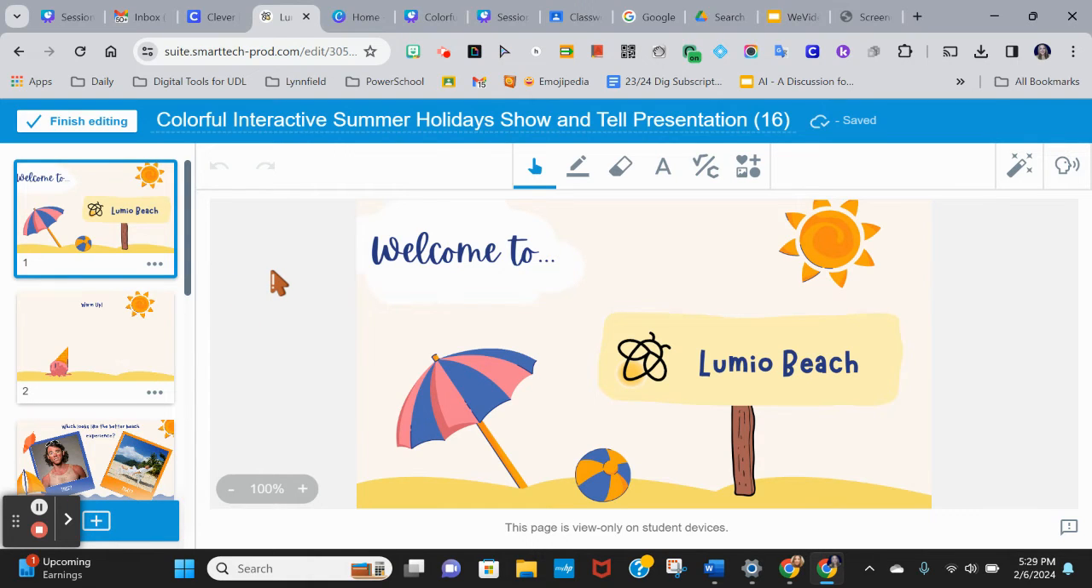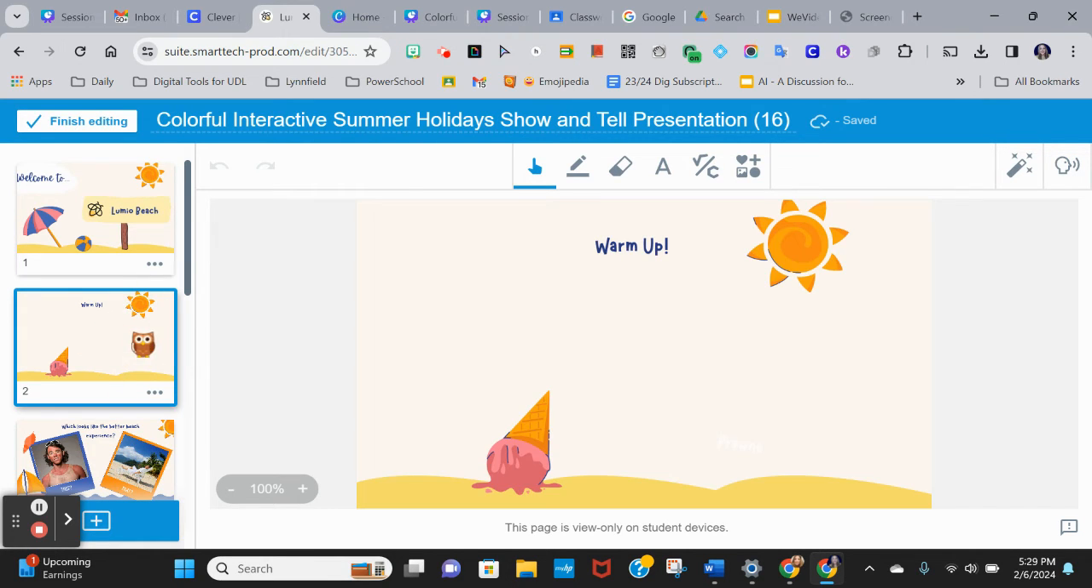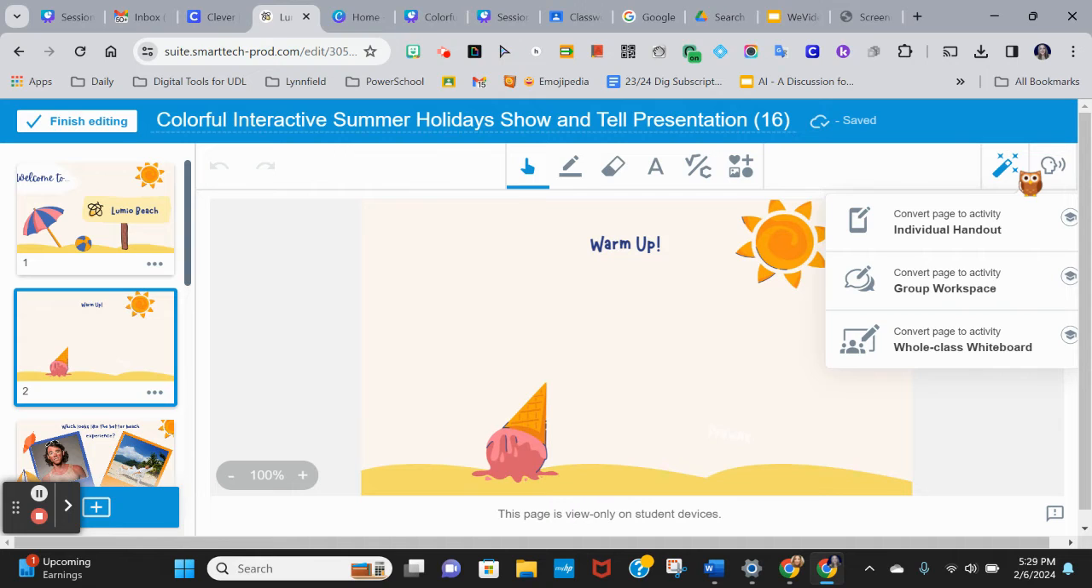So it's kind of like another version of a Nearpod, and you can make it interactive. So this is my title slide. I don't want to make this one interactive, but here I'm going to select my warm-up slide, and this was going to be my shout it out activity. And what I can do is I can actually select this little magic wand to very quickly turn whatever